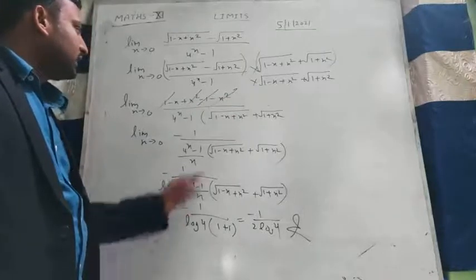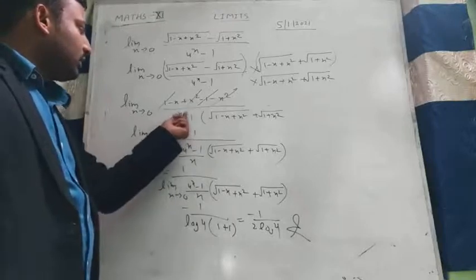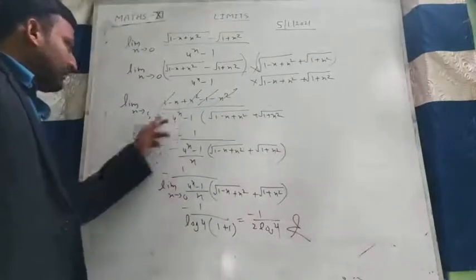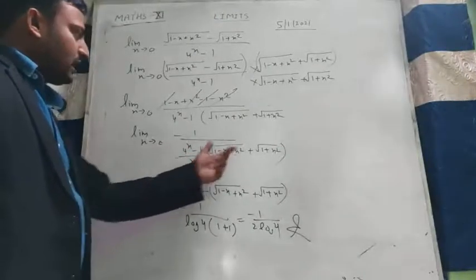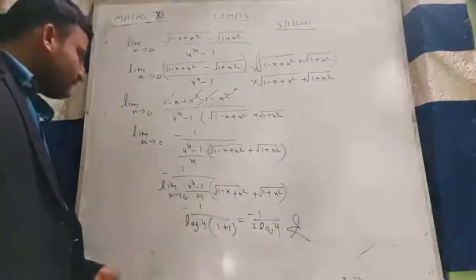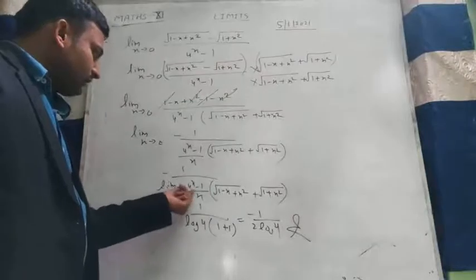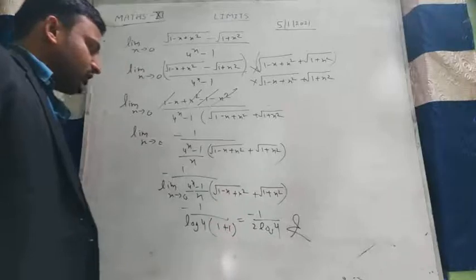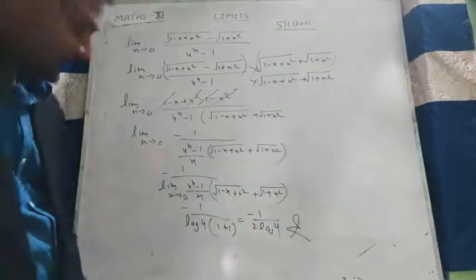We are seeing that this part is cancelled and the remaining term is minus x by 4 to the power x minus 1, under bracket root 1 minus x plus x square plus under root 1 plus x square. Now this x we are sending to the denominator, we can write minus 1 by (4 to the power x minus 1 by x), and this part is the same as before. Now taking the limit with this part, we get log 4, and in this part when we put the limit we get 1 plus 1, so the result will be minus 1 by 2 log 4. I hope you understand, students.